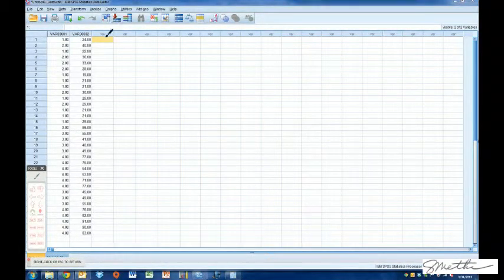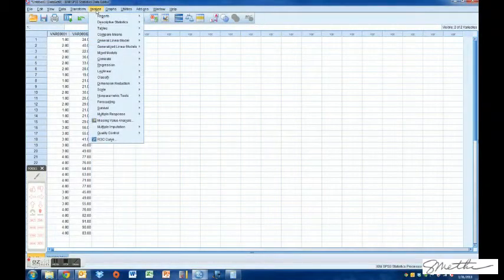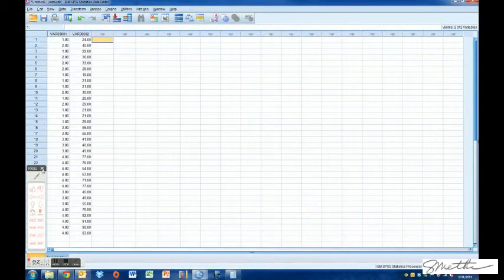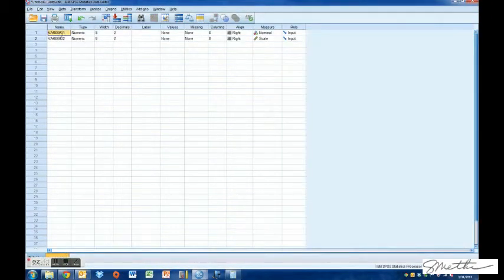Okay, so one of the things to do, let's do this first. Let's go over to analyze. Oh, I'm sorry, before we do that, let's take a quick look at the variable view. You'll notice that variable 1, that I called a grouping variable, is automatically turned into a nominal variable because